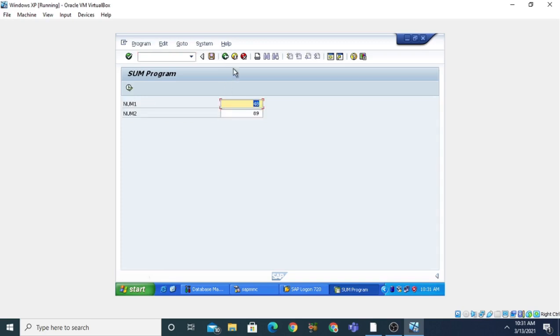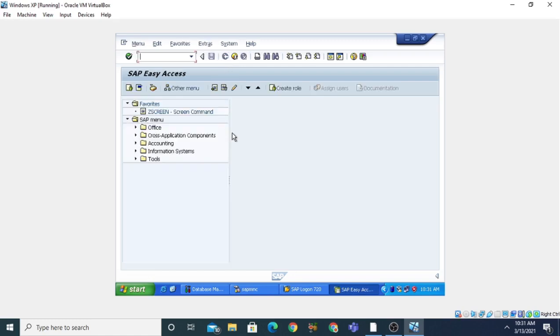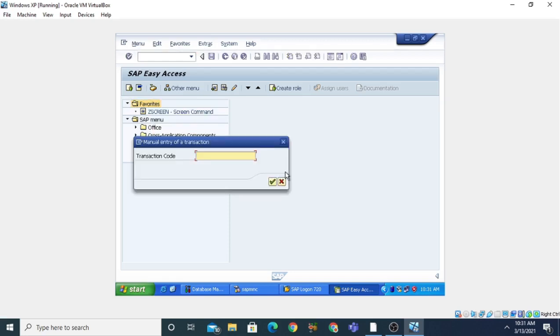Now if you want to put this transaction code into the favorite list, generally the favorite list is used for frequently used transaction codes. So we can enter that particular transaction code into the favorite list. How can we do that? Just right click on the favorite list on the SAP Easy Access screen and then click on insert transaction. The transaction code we have just created is ZSum01.